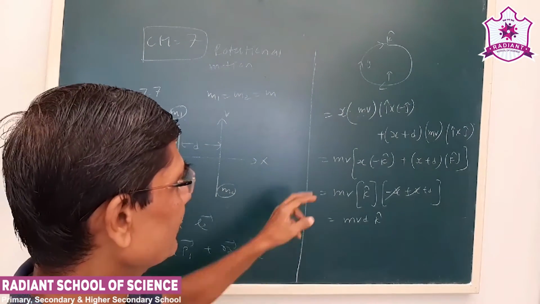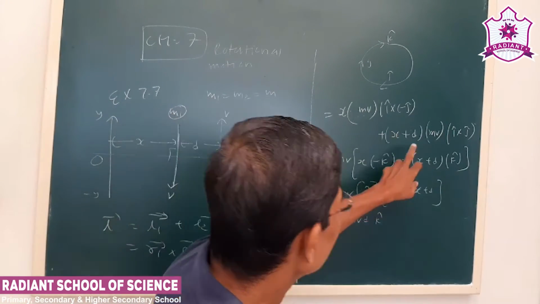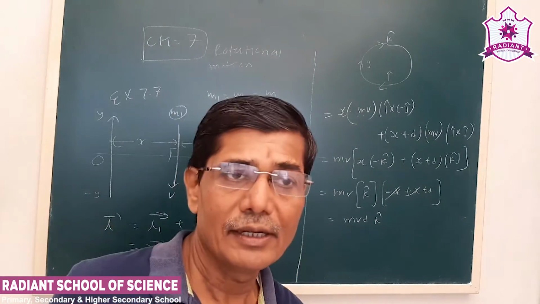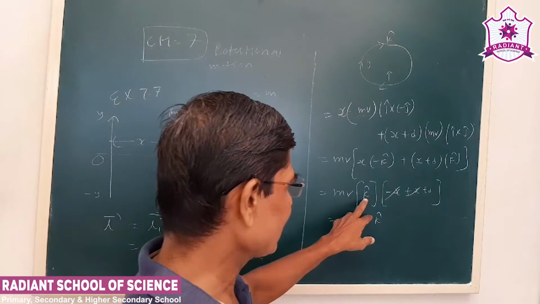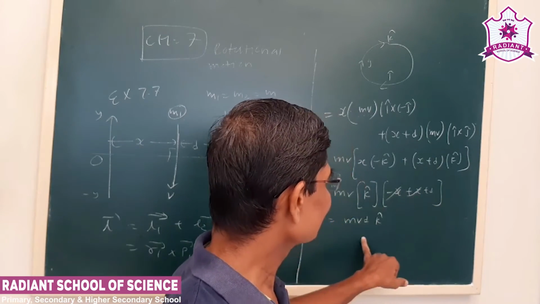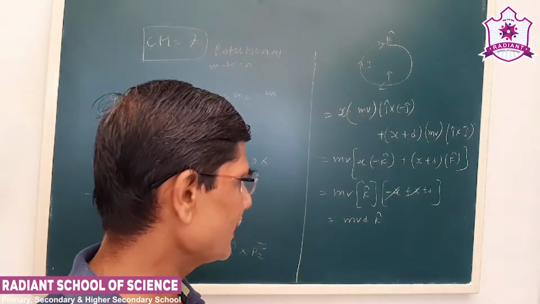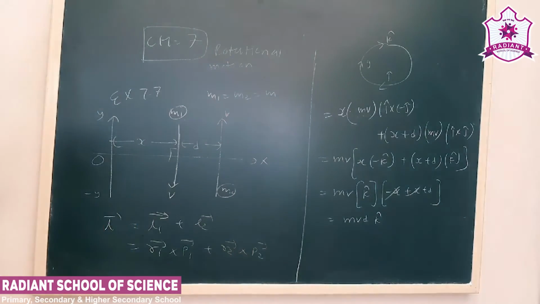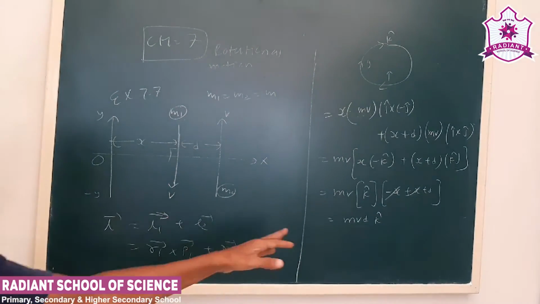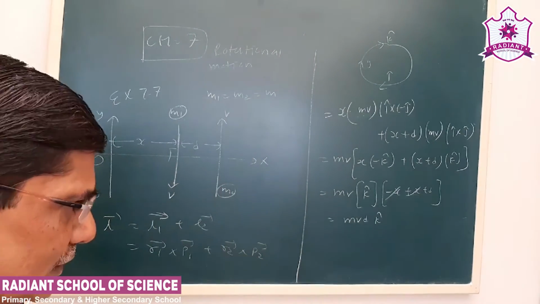Now if I simplify this, mv I have taken common, x minus k caret, x plus d and k caret. Now see x, for our easy work we have taken x, k caret is common, so it will be minus x plus d. So what is this, negative x and positive x is cancelled. So what we get, mvd is the magnitude of the angular momentum, that is in z direction, and nowhere in this resultant angular momentum origin is coming.